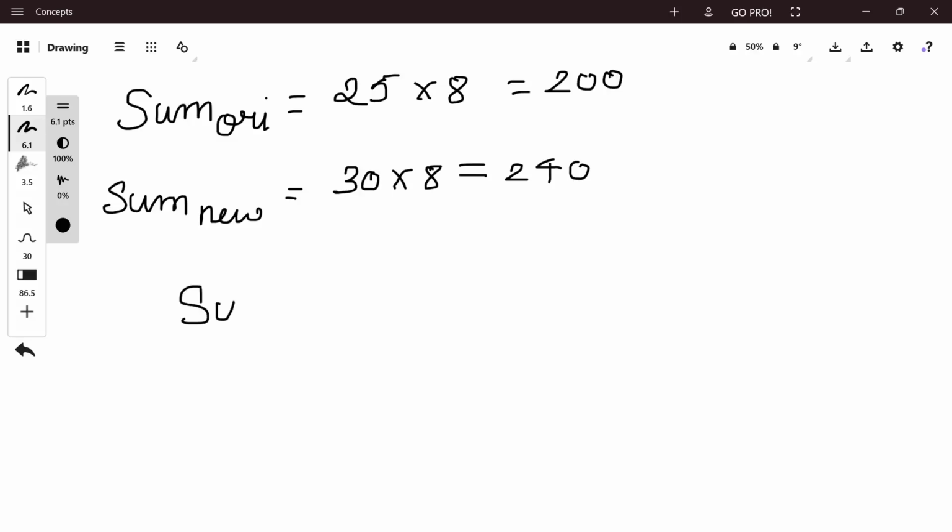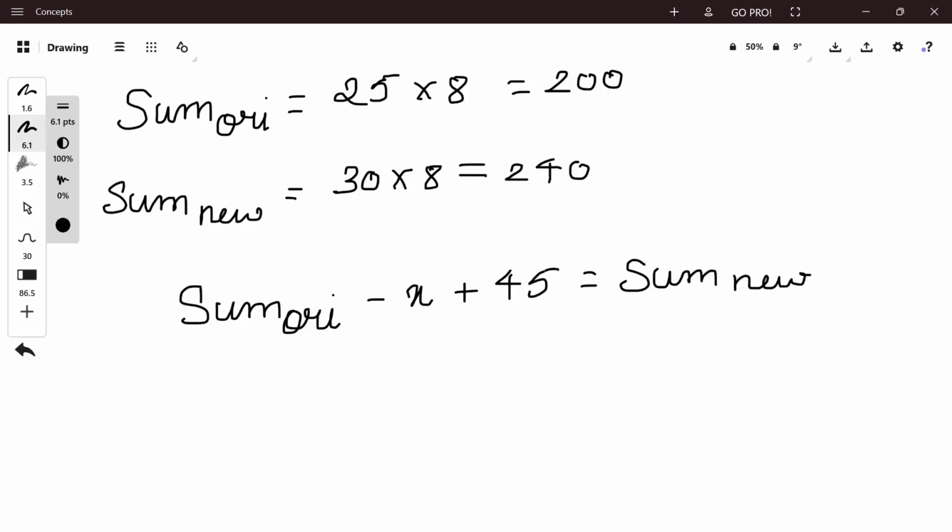So, sum original minus x plus 45 is equal to sum new. Substituting with the known values, we have 200 minus x plus 45 is equal to